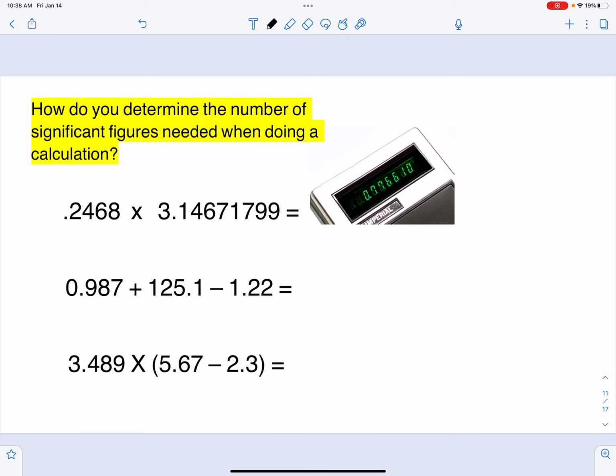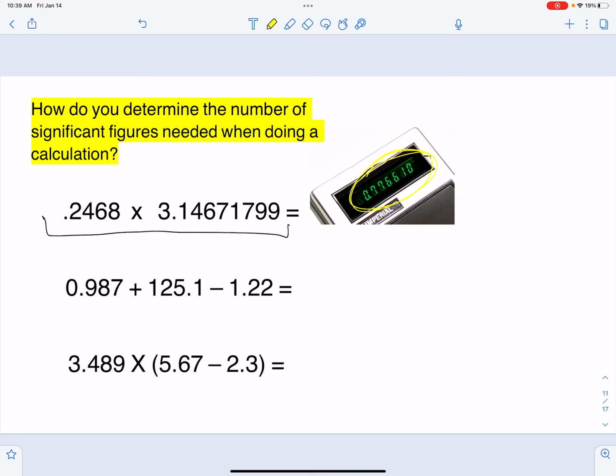So in science, remember we talked about the scientific method earlier. In science, we do measurements and then we have to do calculations. So what happens when we do a calculation like this one, and my computer or my calculator gives me a whole screen full of numbers? Is that truly my answer? And the answer is no, that's not truly your answer. Your answer is going to be based on the numbers that you're using. And why is that important? That's important because when we combine different measurements, the final measurement is going to be dictated by the best